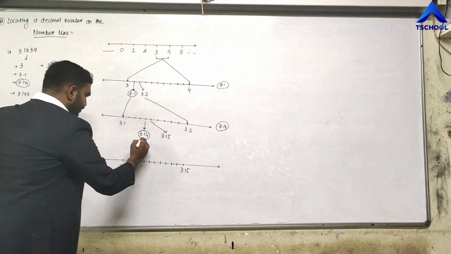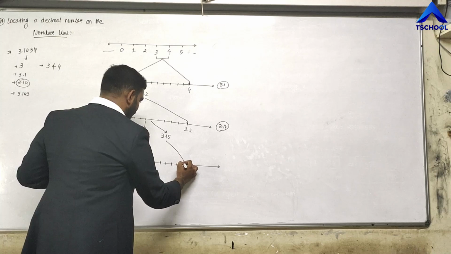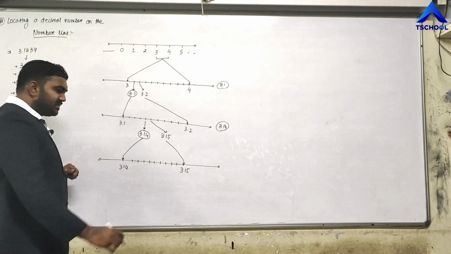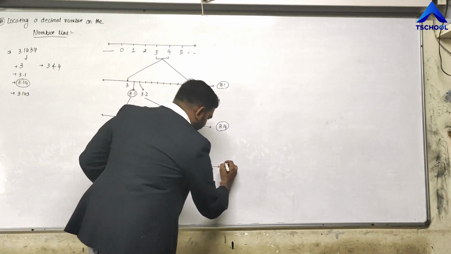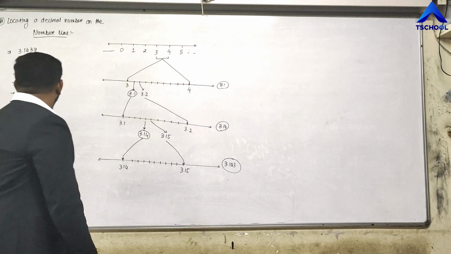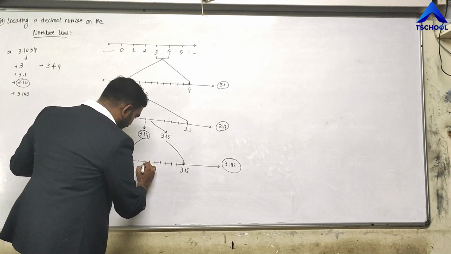So this will be my 3.14, this will be my 3.15, and I shall see now that is 3.143, right? So 3.143, that is 3.141, 142 and 143,